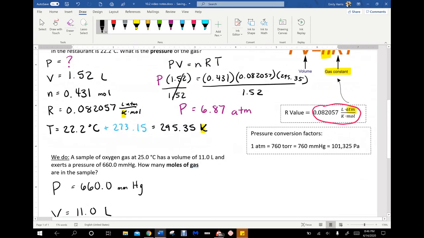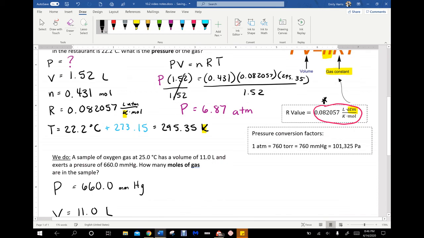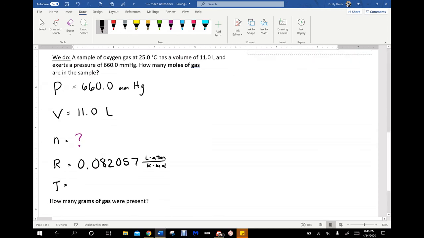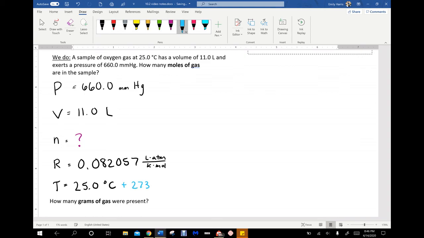The R value is a set value of 0.082057, and that's liters times atmosphere per Kelvin times mole. And then finally, our temperature is 25 degrees Celsius, which we'll go ahead and convert to Kelvin. That way those units will match the R value, which is also called the ideal gas constant. So 25 plus 273.15, that gives us